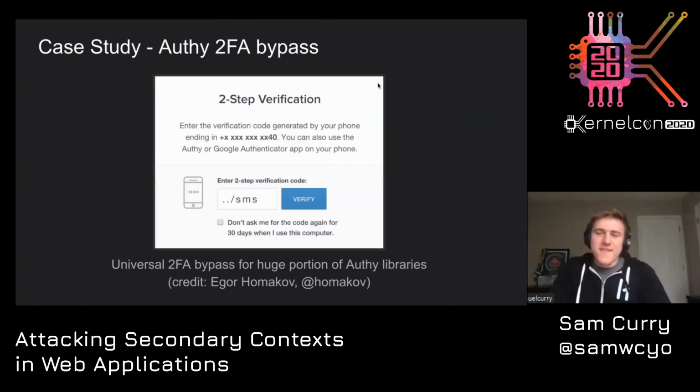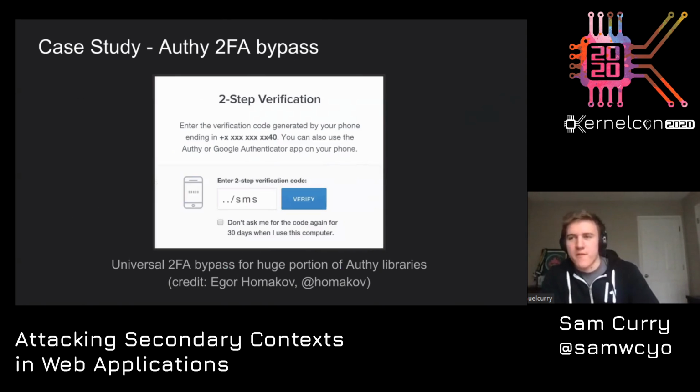There we go. So the solution for this was just sending /SMS, and it was a universal 2FA bypass for a huge portion of Authy libraries. And it just shows you how simple these bugs can be when you think about them a little bit. One thing that's strange to me is these bugs aren't necessarily automatable